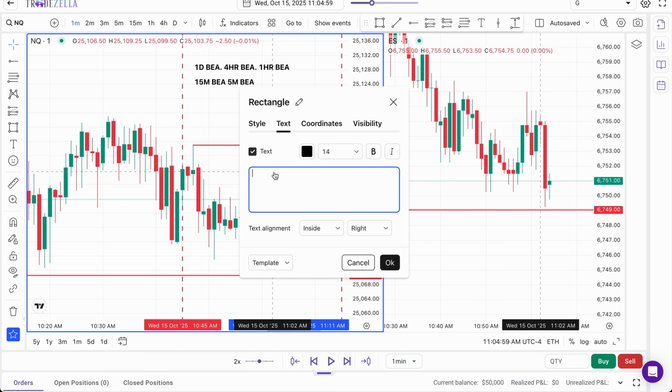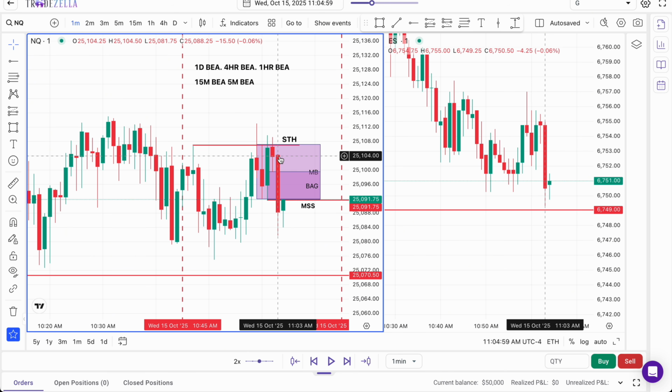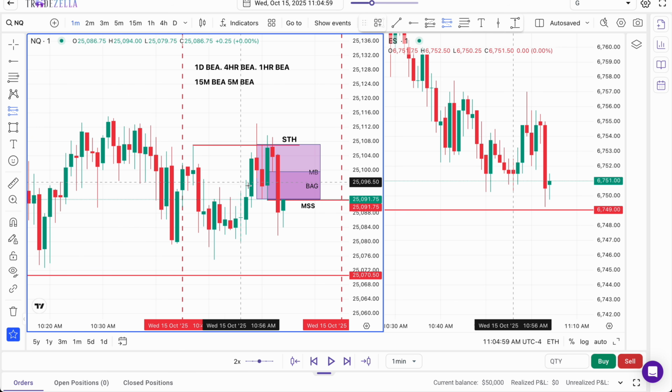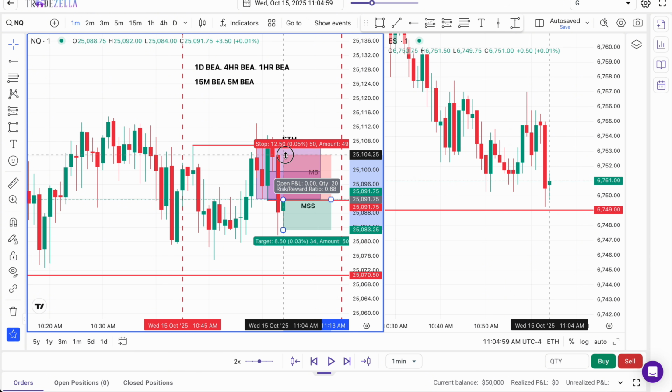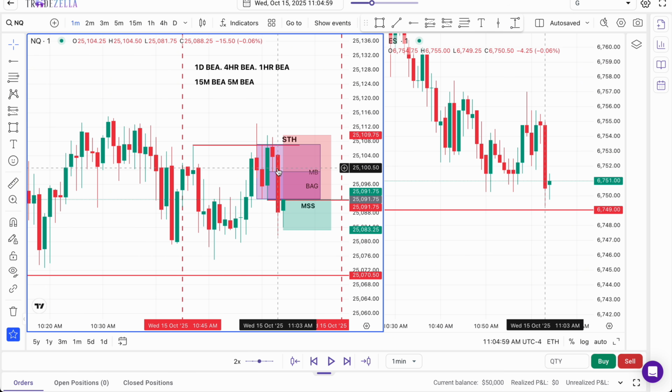Now, why do you need to know what a breakaway gap is? A breakaway gap is a one candle formation in price that shifts market structure and also creates a gap in the same candle. Now, what you can do with a breakaway gap is actually run your stop placement at the high of the breakaway gap. But if you can, by all means, and in every single scenario, if you can run a stop placement less than 30 points and put it at a short-term high, this is always going to give you the highest probability scenario. However, there are some cases where a breakaway gap may consist of 30 handles, and running it at the high of the breakaway gap is your only choice, and it has to be at this area.